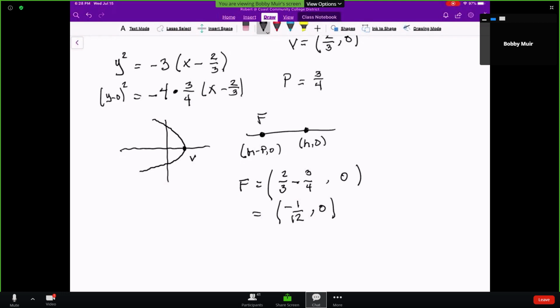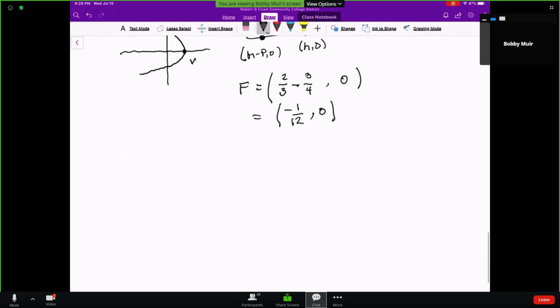Okay. In the exercises, he has all kinds of these puzzles where he gives you some information and then he wants you to go with it. So like, let's say, I'll just make my own problem up. Let's find the parabola